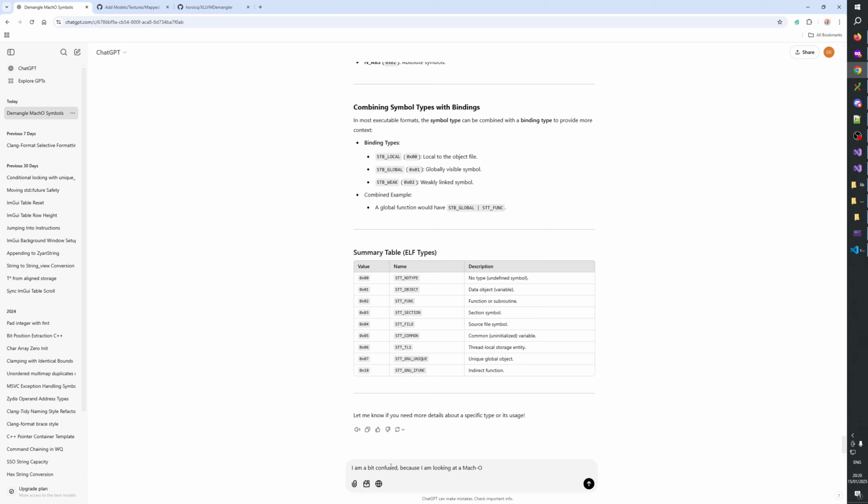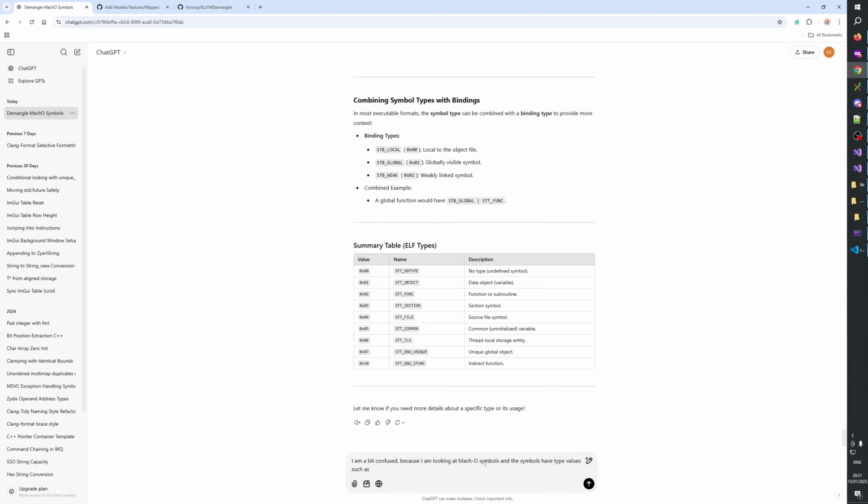I'm looking at a MachO. I'm looking at MachO symbols and the symbols have types, have type values such as